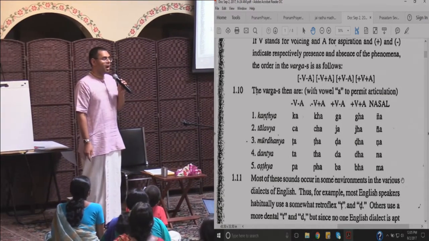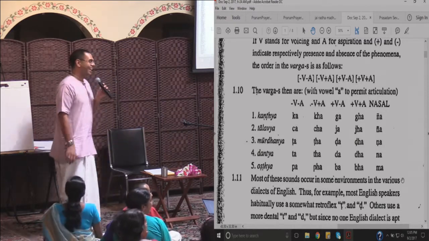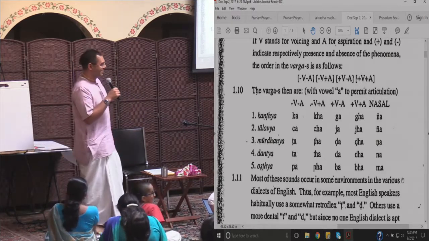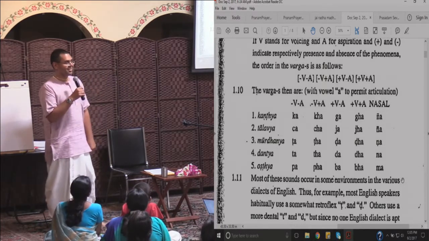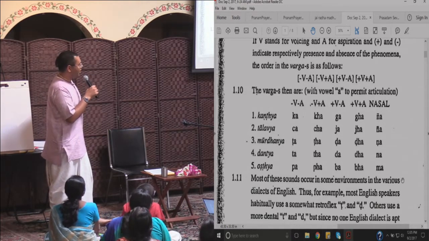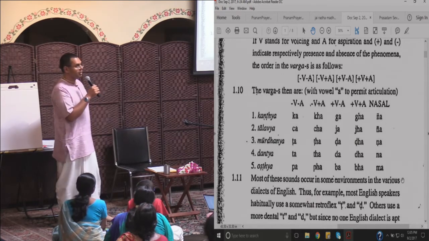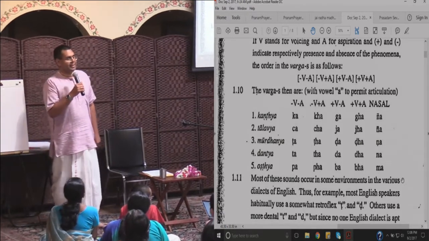Ka, kha, ga, gha, nga. Cha, chha, ja, jha, nya, ta, tha, da, dha, na, ta, tha, da, dha, na, pa, pha, ba, bha,